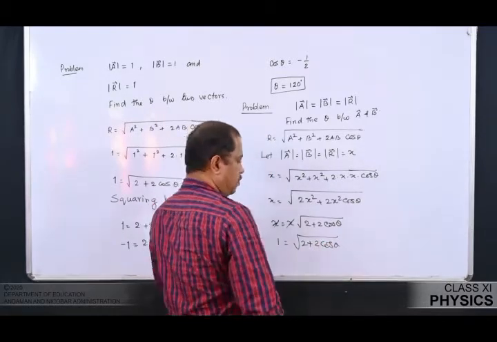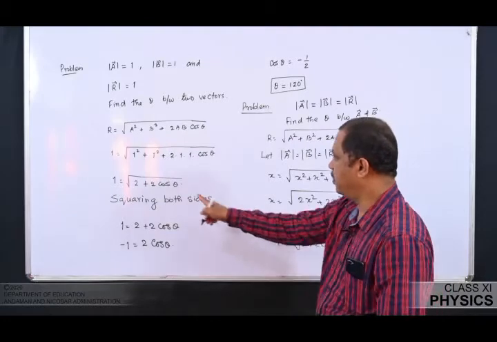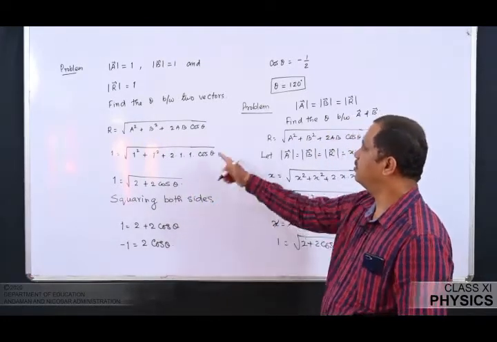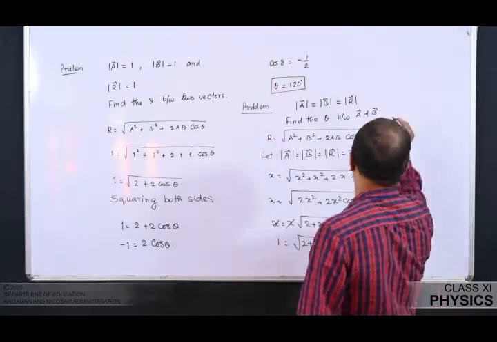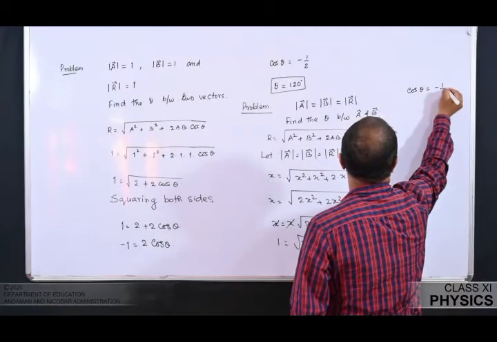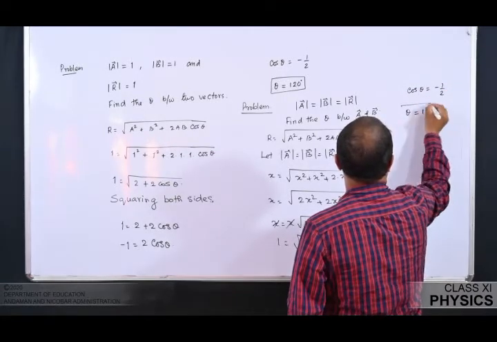Hopefully you can visualize the situation. I hope it is the same situation I had here, so I'm going to get the same result. So I'm going to have cos theta value equal to minus 1 by 2. Then theta will be equal to 120 degrees. So thus